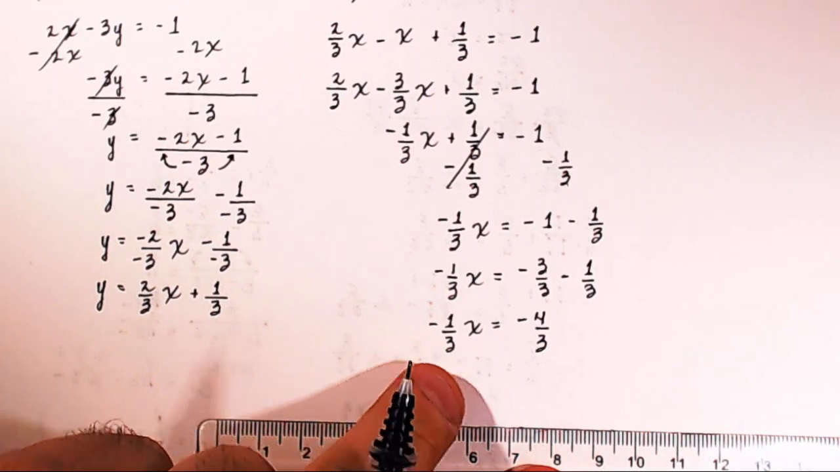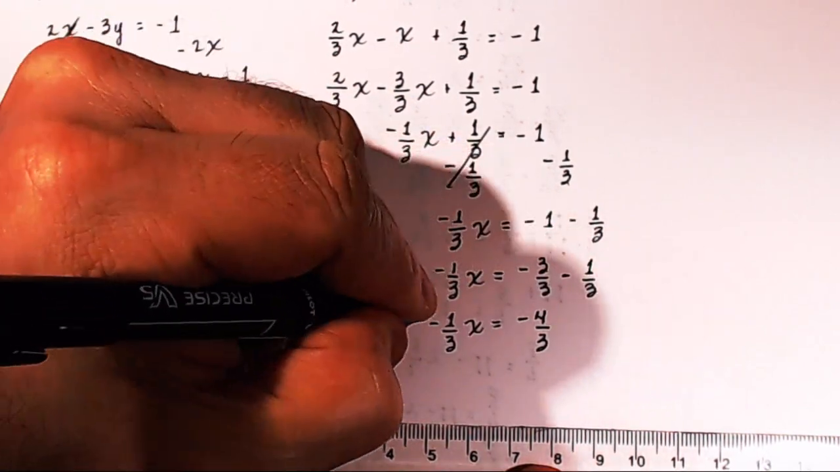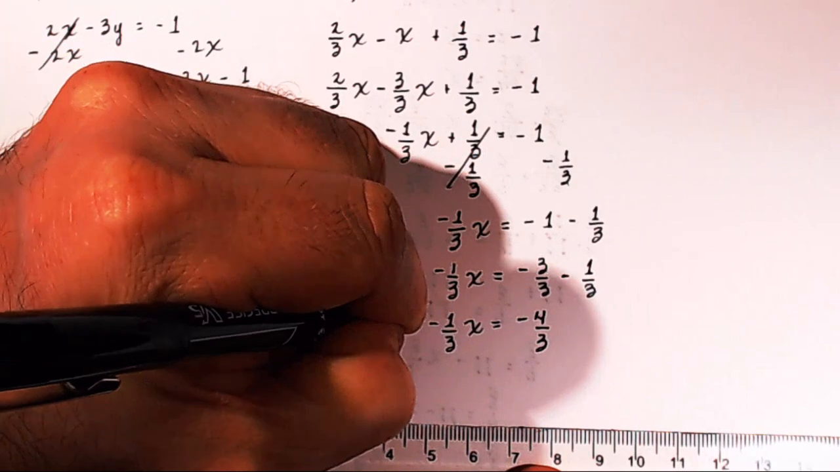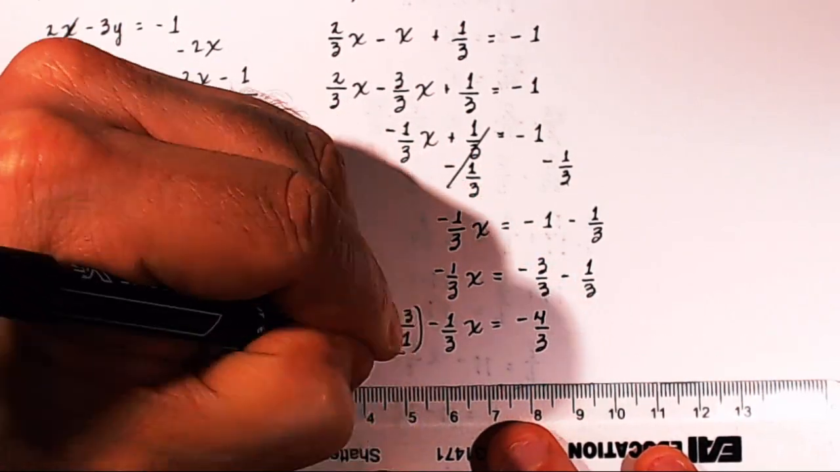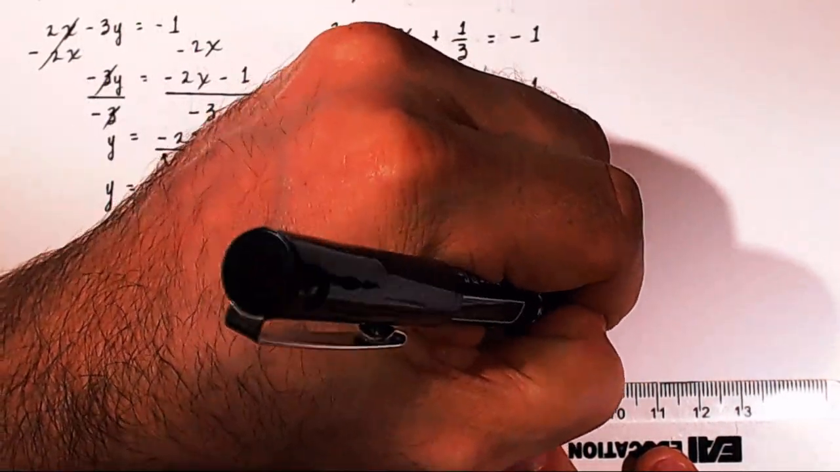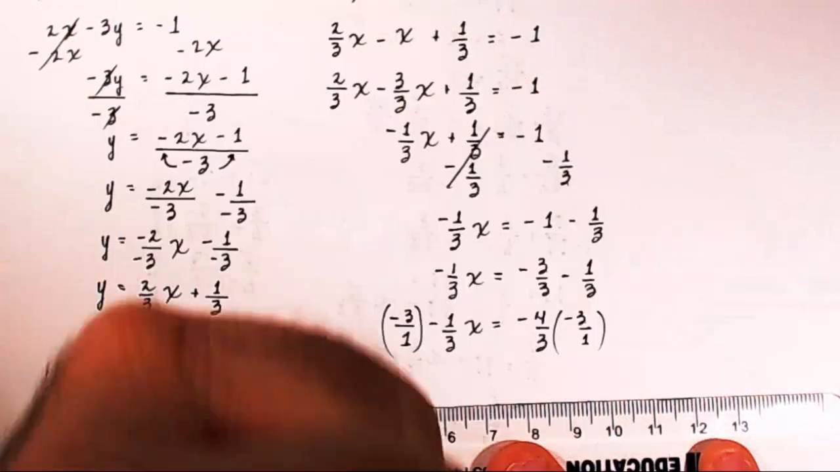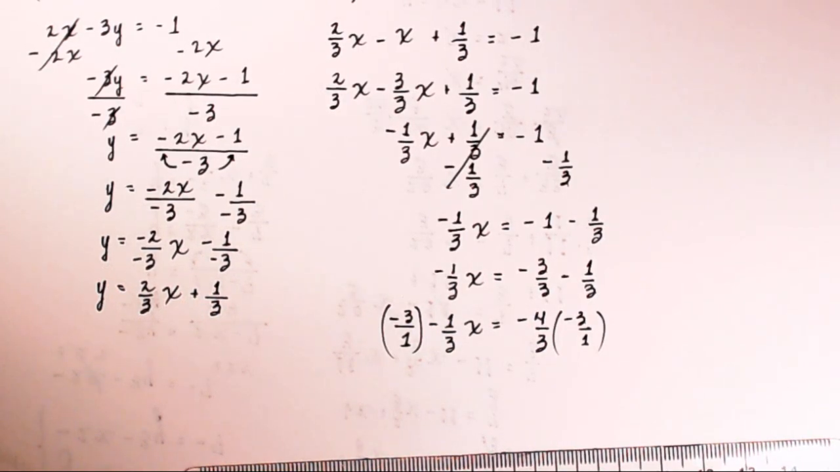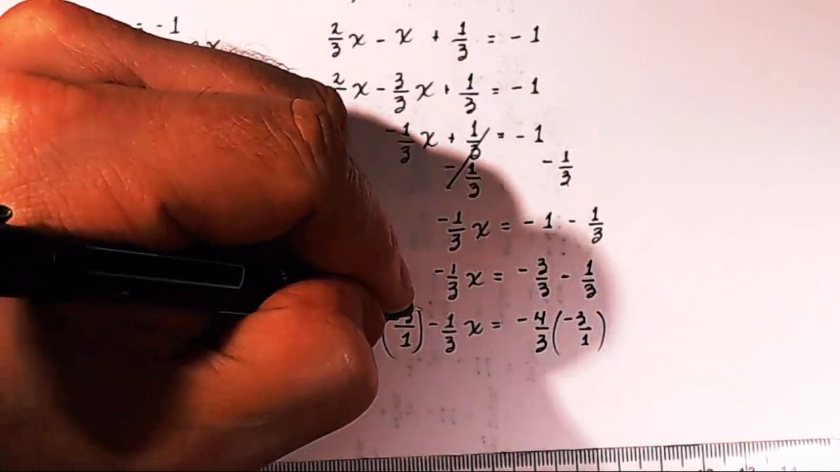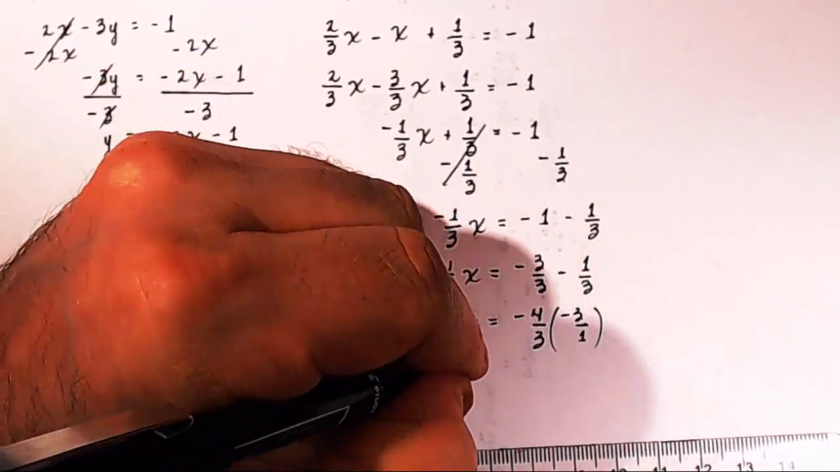Now I need to get rid of this negative 1/3 x on the left side. I need x by itself. So I'll multiply by the reciprocal, which will be negative 3 over 1. Okay, I'll multiply both sides by the reciprocal of the coefficient I want to divide out from the left side of the equation. Now pay close attention here. So these 3's cancel and these 1's cancel. Everything cancels, leaving x by itself